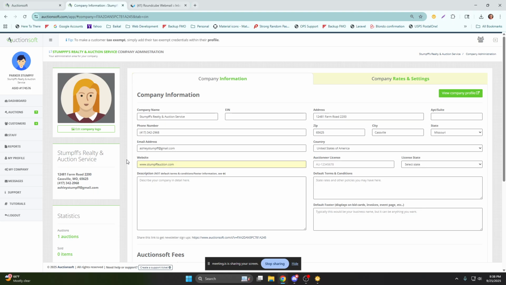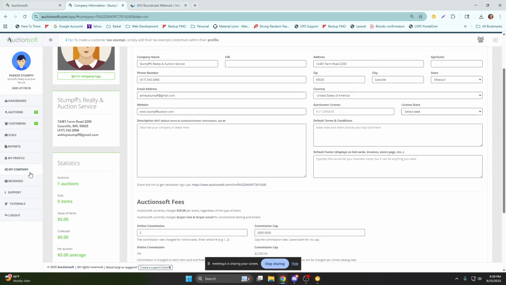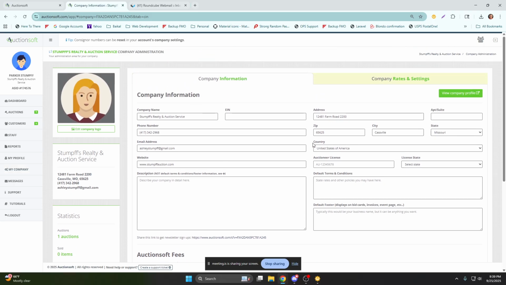All right, so in company settings, we're going to go through and basically put the default information in. Anything you put in this box, every time you create a new sale to run a sale, it will pull the default information so you don't have to type it again. The description is about the auction, terms and conditions, self-explanatory. The auction footer